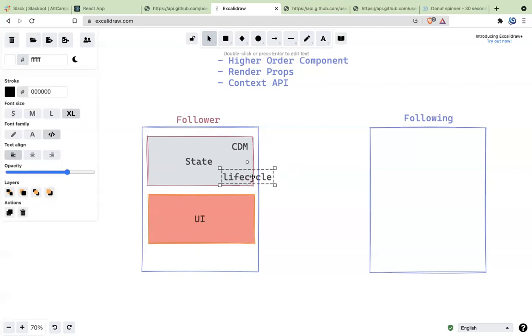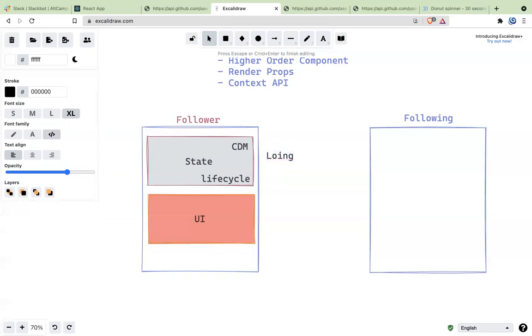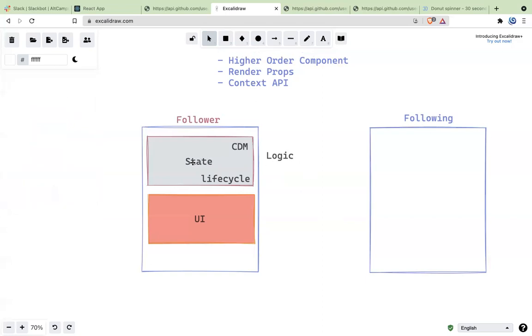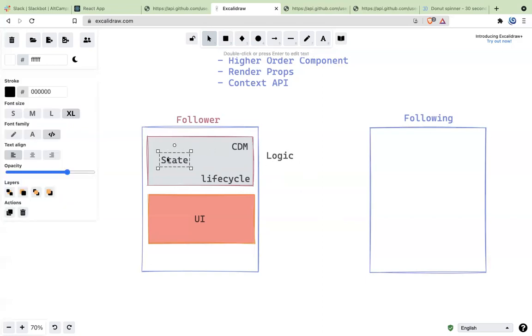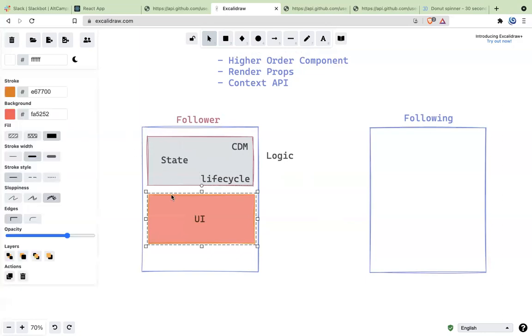So when you have any life cycle method or you have state, all you have is logic. This is what logic is. Either you have state because that value is changing on certain information like component did mount or any other life cycle method. When you interact with the UI, you change the state. So this is what the logic is. This is what the UI is.